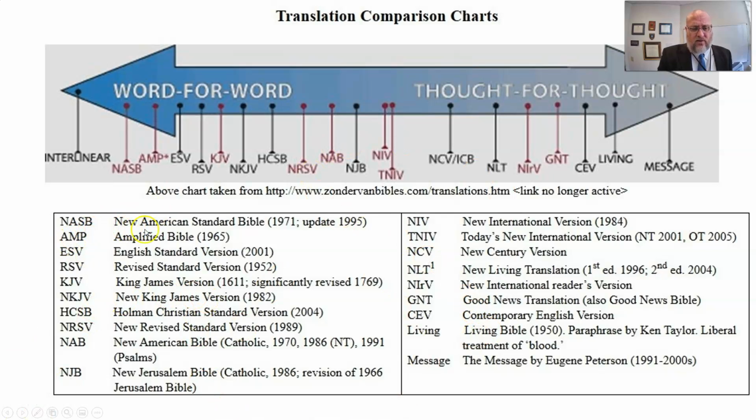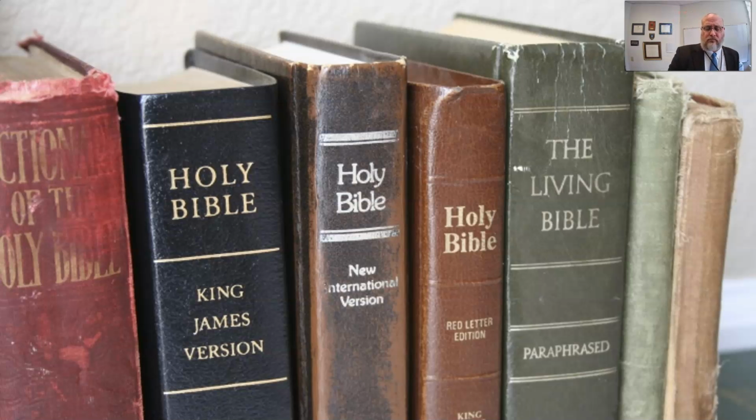So New American Standard is the most literal. NIV is the most readable. ESV is kind of halfway between the two. Any of these translations are good. Some are more paraphrases than others, but pick a good one. You may want to pick a couple of good ones for difficult passages, but read through, observe the text, and